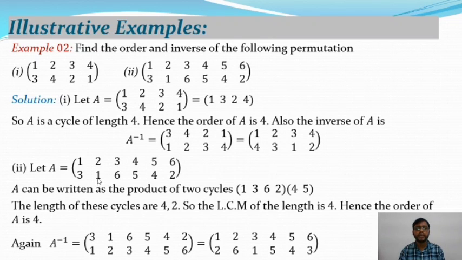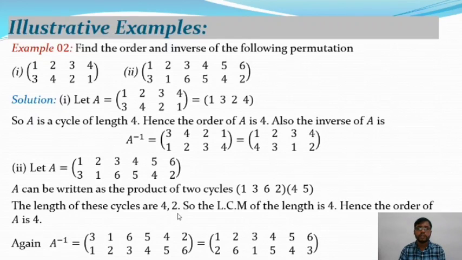And the inverse of A is equal to, you know that the second row and first row will be changed. So the second row is replaced to first row, and first row is replaced to second row. So then from this we will get this one. Okay. And now rearranging the first row, we'll get 1 goes to 2, 2 goes to 6, 3 goes to 1, 4 goes to 5, 5 goes to 4, and 6 goes to 3. This is the inverse function. It is the inverse of A. And these two permutations remain the same. Okay, just the elements change their position.